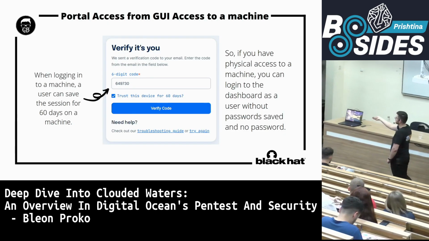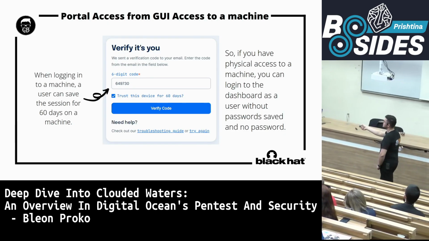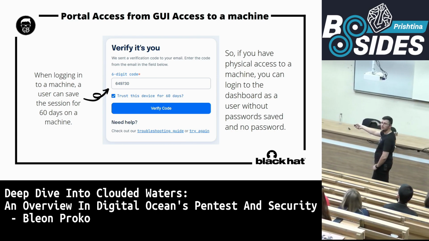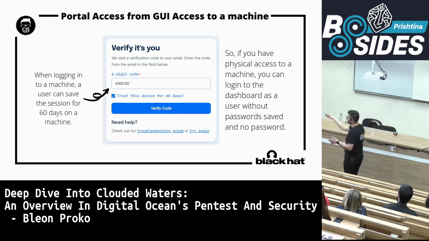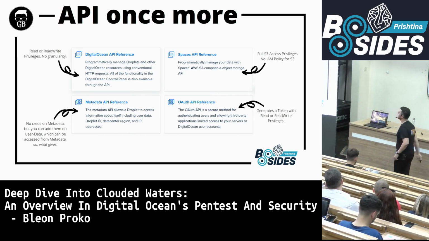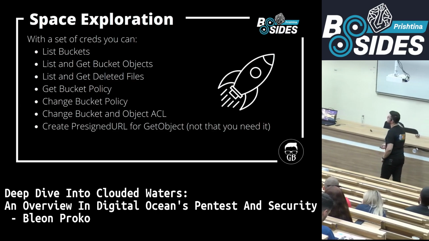And lastly, as I said, since you are able to have access for 60 days, if you have physical access or GUI access to a machine, you can just open cloud.digitalocean.com and you will have access to that. On the enumeration side, going back to the API,